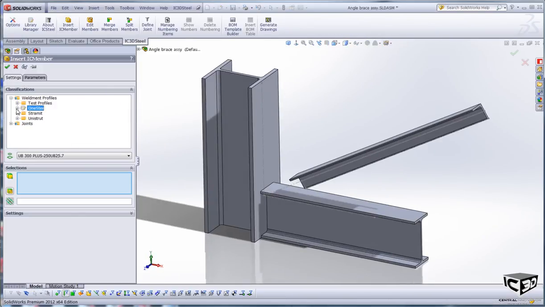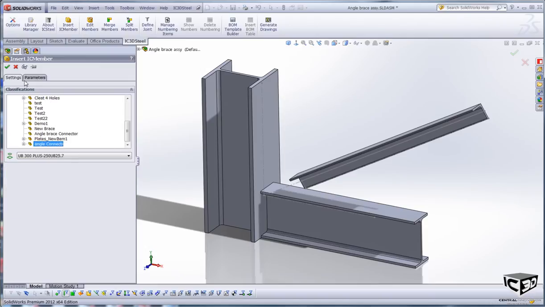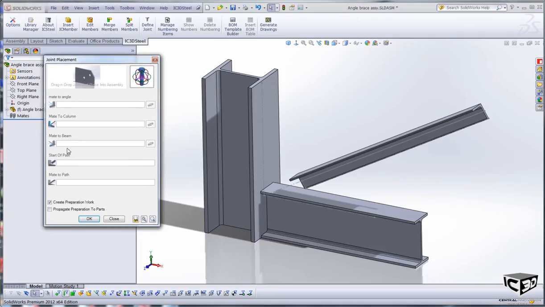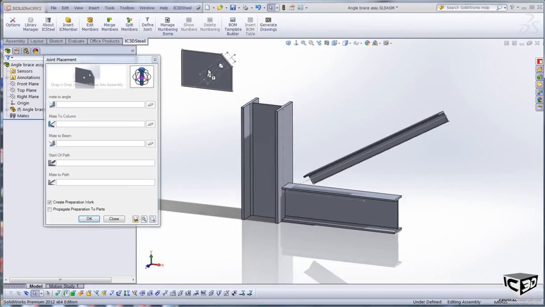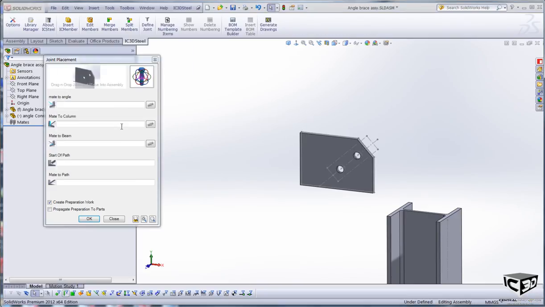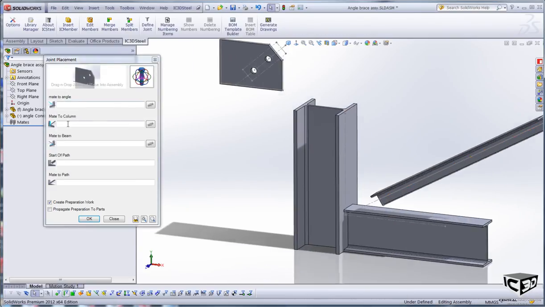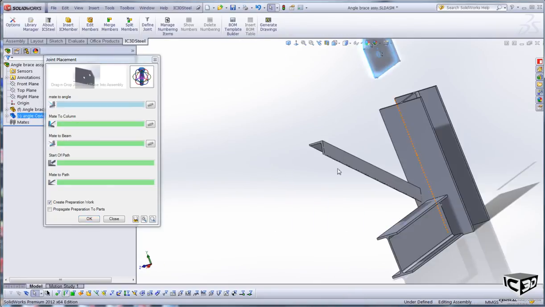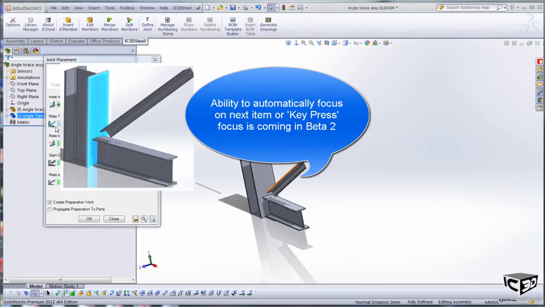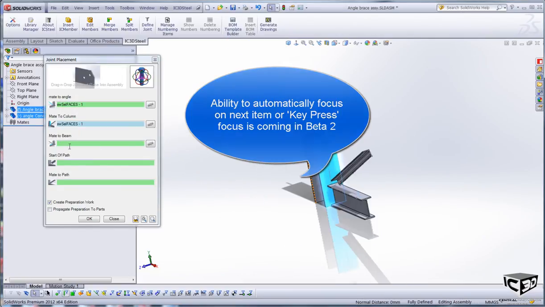I have to go in and actually find it, so joints, plates, my angle connection here, tick OK, and we get this dialog up. So here we actually got our little illustrations, and so you can see when I start to drag this in, it actually opens up for these illustrations, so it will tell me where to connect these mates. So mate to angle, so I'm going to pick that, obviously. Mate to column, again that was that, so pick that. Mate to beam,